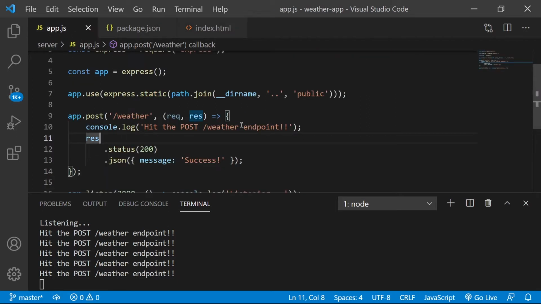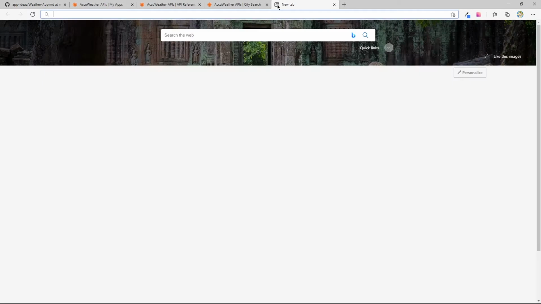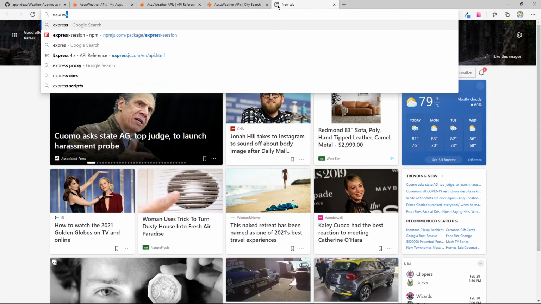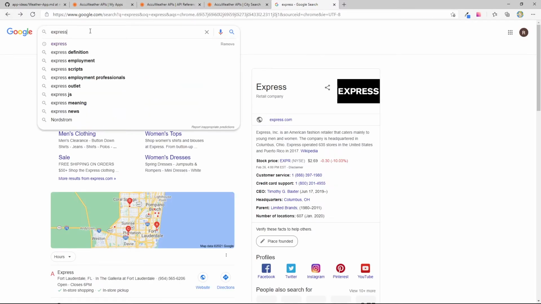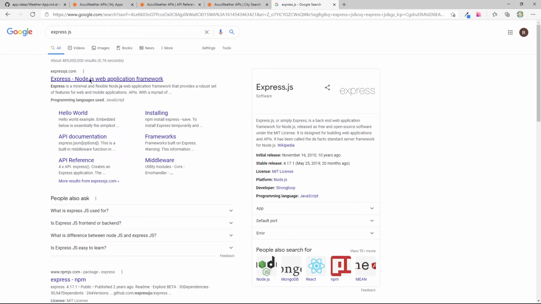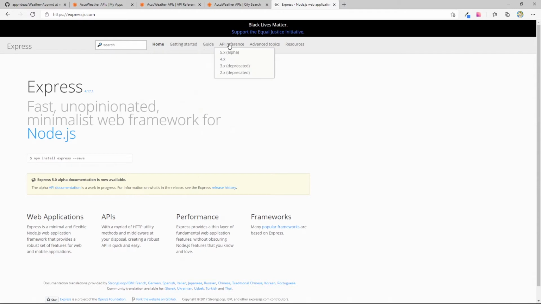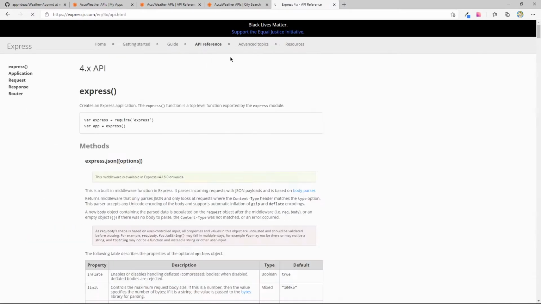So inside of app.js, what I want to do actually is let's go to the docs, the Express docs, because I think it's useful to learn about how we can do this and just learn. So let's go to the API reference here. I'll go to 4.